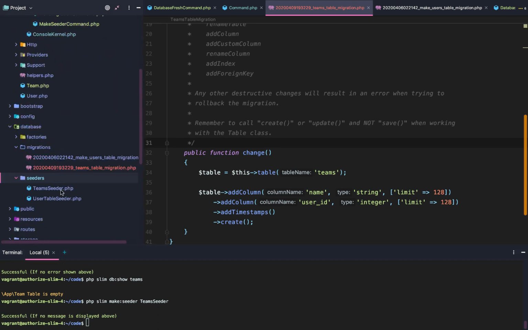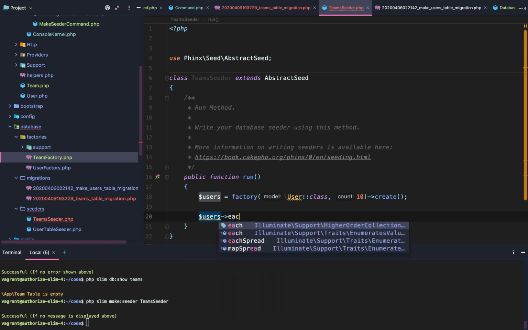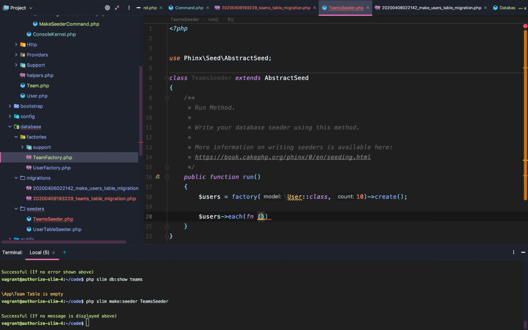Then we'll go down here to the seeder, and in the team seeder, we can reference our team factory. We'll actually reference our user factory too. We'll do /user class create 10. We'll do users equals that. Then we'll do users each, and then function for user equals factory, and then it's actually /app, and